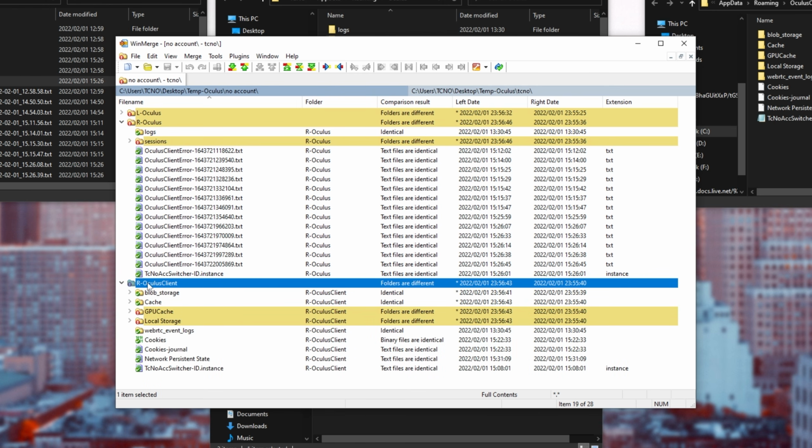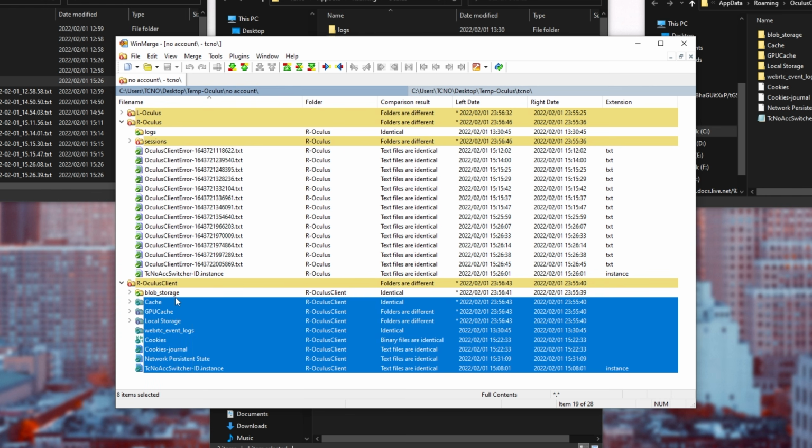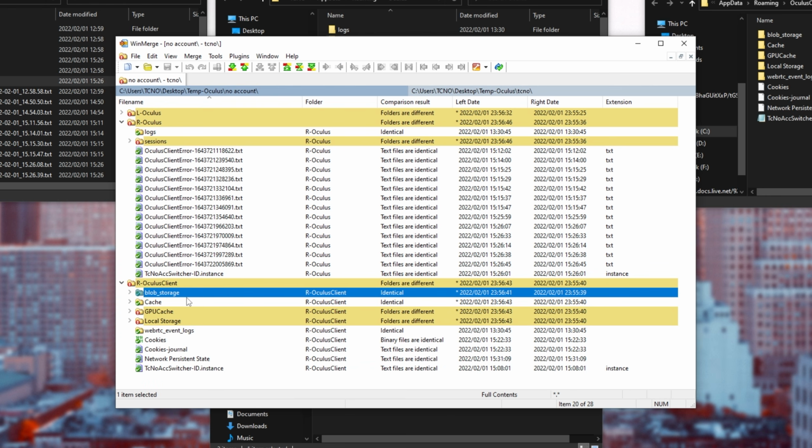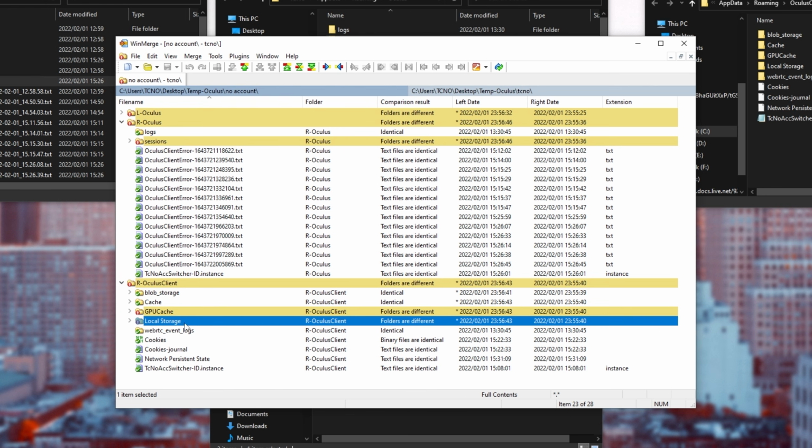Now for roaming Oculus and roaming Oculus client. Immediately I can tell Oculus client over here has the same Electron/Chromium based program file structure, including blob storage, cache, GPU cache, and local storage. If you have a look at the platform's text file, which I've yet to get to, you'll see similar entries in the Discord account switcher. Anyways,